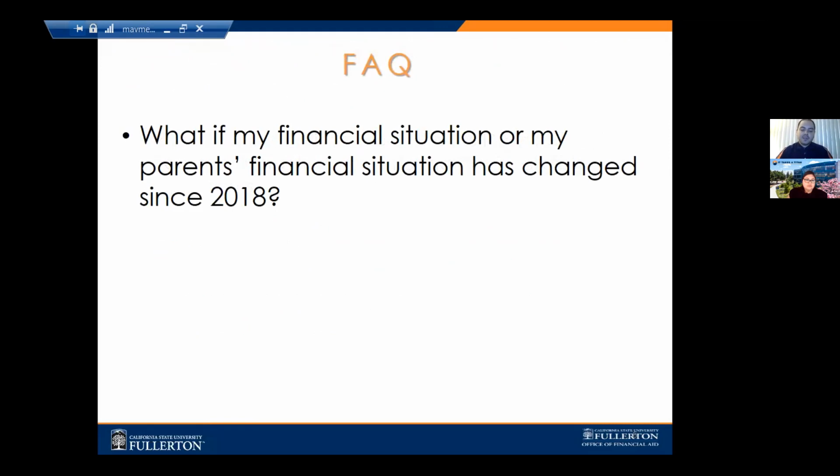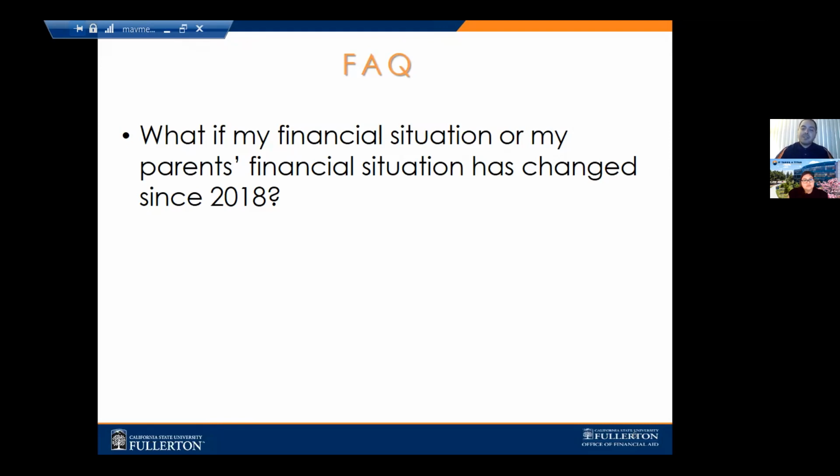And something that has been a very common question for us this summer, and that I think will be a very common question for the rest of this academic year, is what if my financial situation has changed since 2018? Because again, the FAFSA application asks for tax information from 2 years prior. And we understand that students oftentimes, especially during this year, with everything that's gone on with COVID and the loss of jobs in certain cases for families and students, face changes. If you are one of those students whose family financial situation has changed due to whatever reason, layoff, loss of income due to loss of hours at work, I would recommend